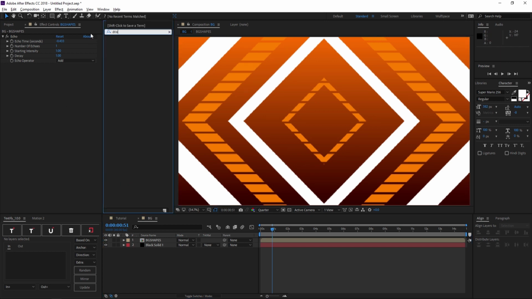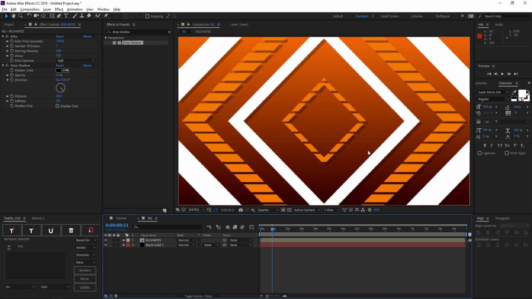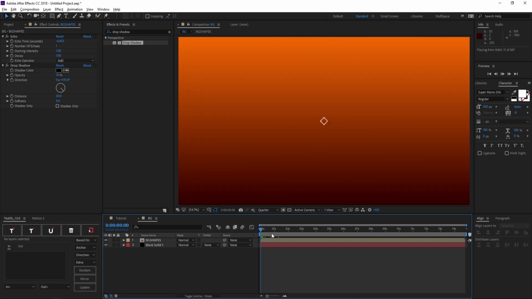Add a drop shadow to this, and drag that underneath the echo. So if I move the distance to about 20, and put the opacity to about 30. You'll have a nice drop shadow going on here, so it's easier to see the background now. So now when I play it,